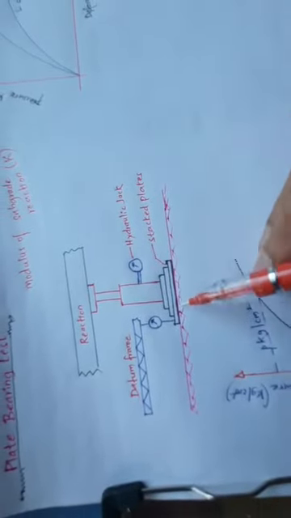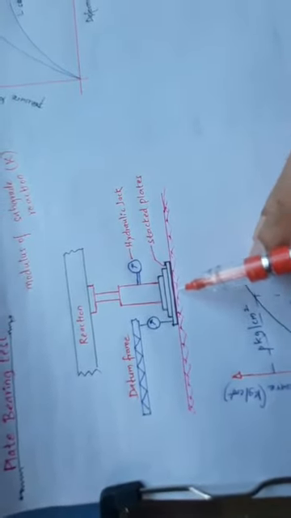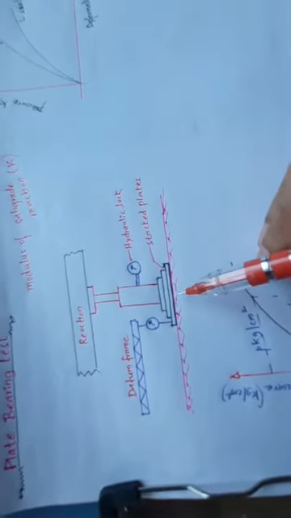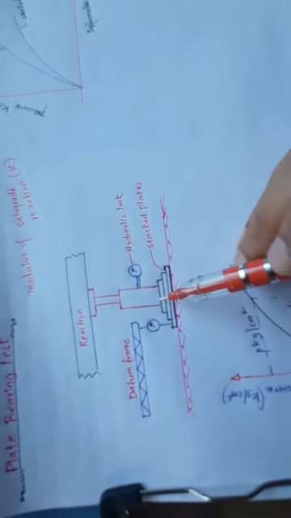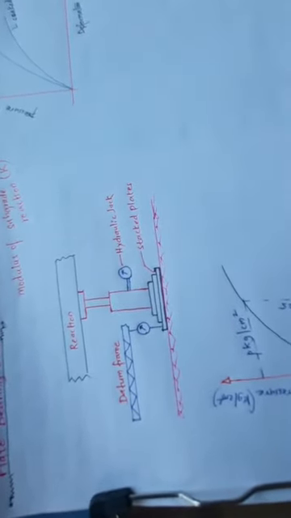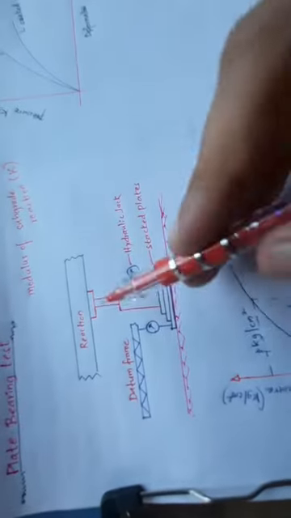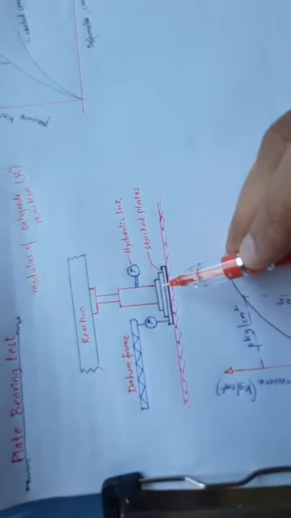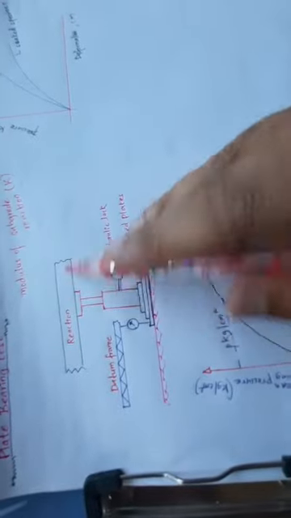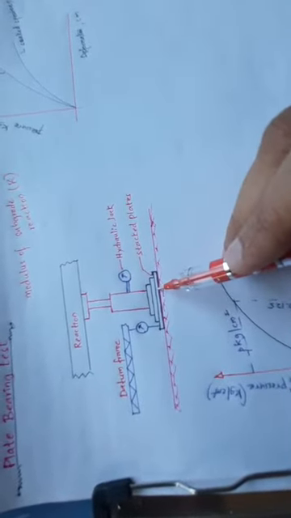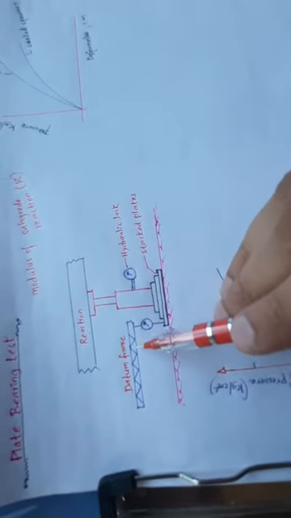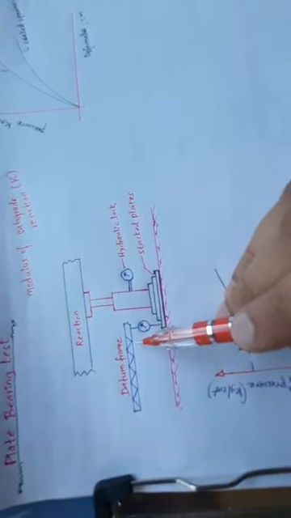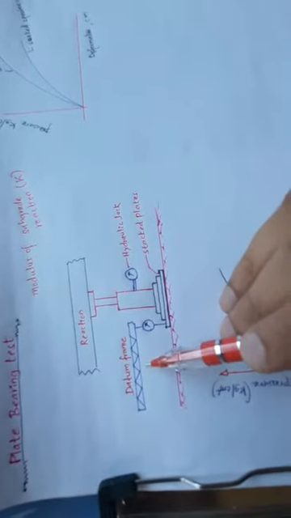First, the test site is leveled and the plate is properly seated on a prepared surface. Then the stiffening plates of decreasing diameter are placed. This is the highest diameter, then lower decreasing diameters are placed, and the jack and proving ring assembly are fitted to provide the reaction against the frame. Clear? 3 to 4 dial gauges are fixed on the periphery, on an independent datum frame, to measure the settlements.